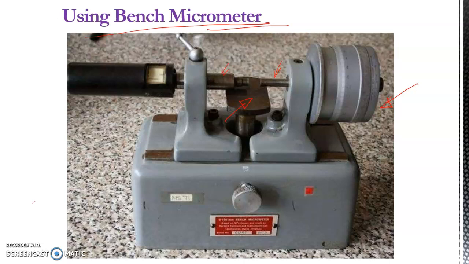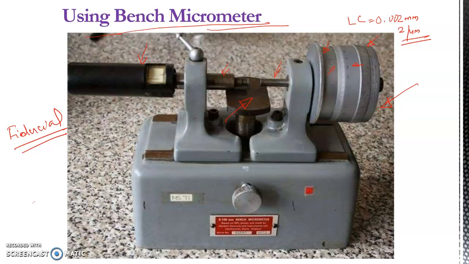And at the movable anvil we have got a micrometer head, and on the micrometer head, apart from the main barrel scale and the thimble scale, we have got an additional scale on the barrel, that is the vernier scale. And using this vernier scale, the least count of this instrument is up to 0.002 mm, that is equal to 2 microns. And the fixed end is connected with a dial, and this dial is known as a fiducial indicator.